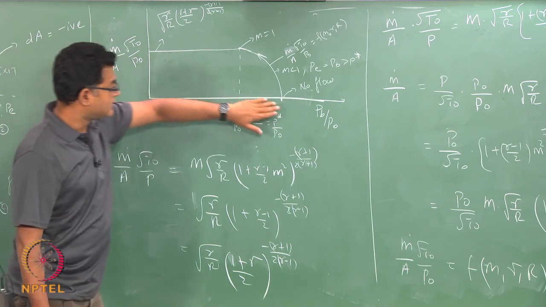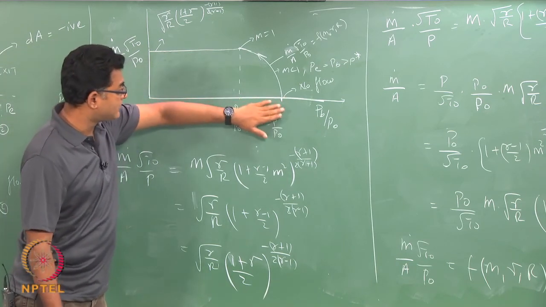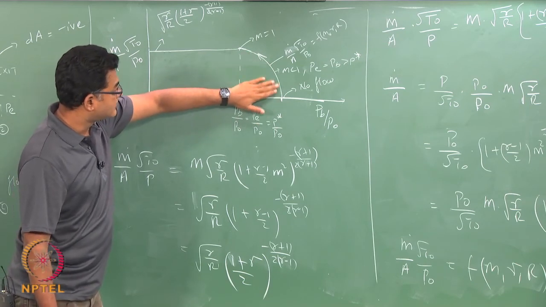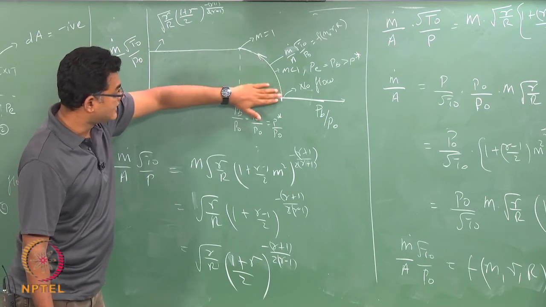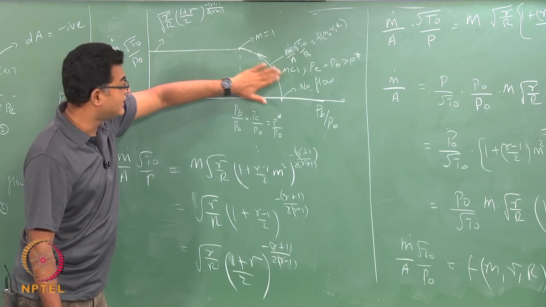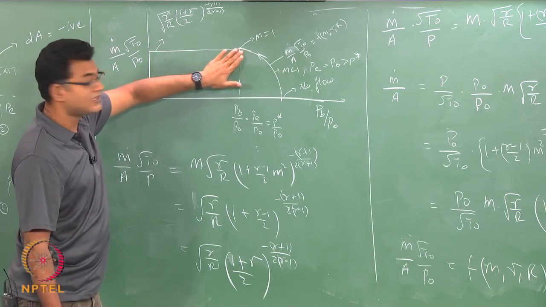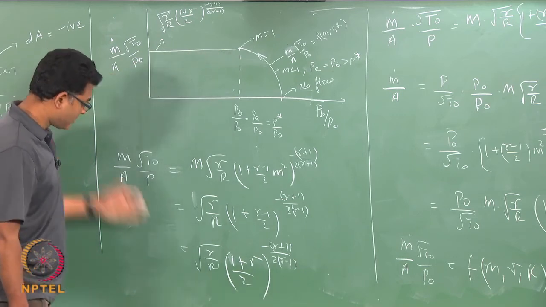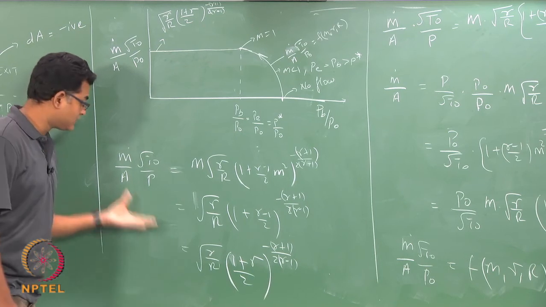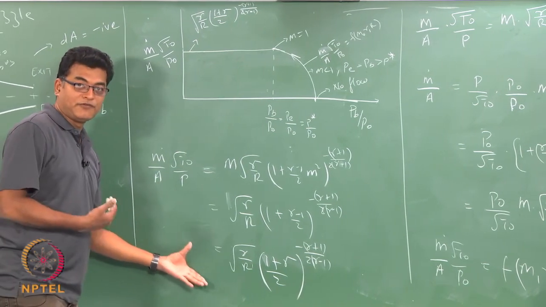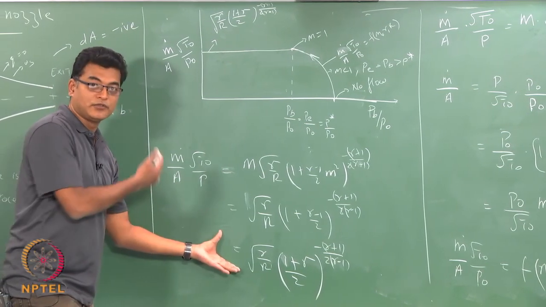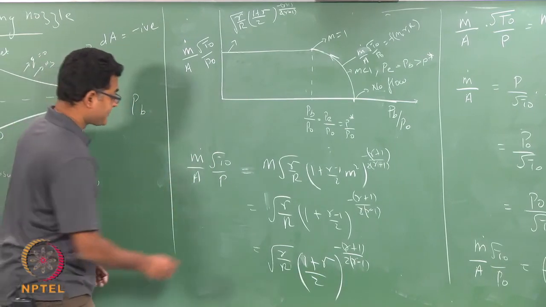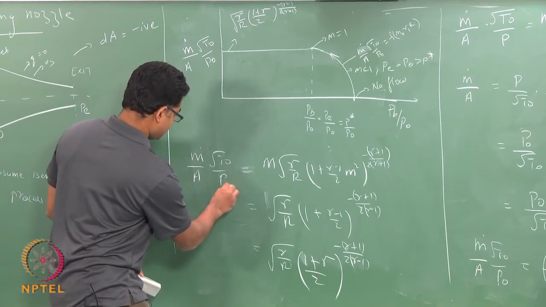Okay. So, P0 is kept constant, we are changing the PB, so that this ratio is reducing, and it is reducing initially, and that decides what is the mass flow rate till it reaches Mach number 1. Further than that, the Mach number at the exit is not reduced, hence the mass flow rate is not reduced if you have this condition. So, this is the maximum mass flow rate that can go through that particular area, because the area is fixed here.